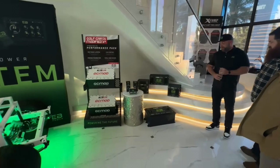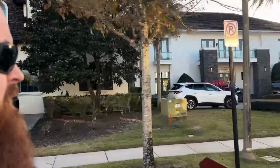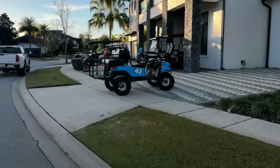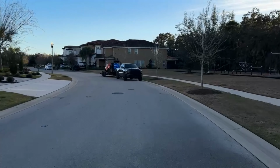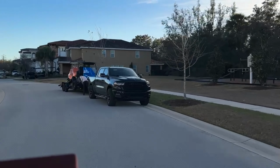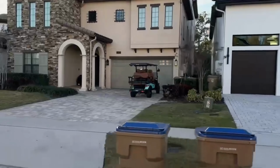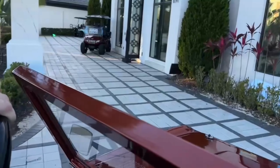We pulled the retro ride out of the garage at our vacation stay and pointed it towards the first event of the week, the Eco Battery House Party. The sun was setting over the rooftops, painting everything in that golden Florida light, and every house we passed had its own tricked out cart sitting in the driveway. It was like rolling through a neighborhood that speaks our language. You could feel the energy building with every block. And this wasn't just a drive, it was the opening act, and our shop cart was about to take center